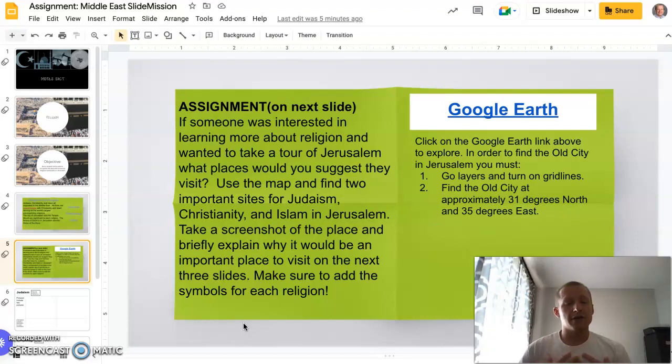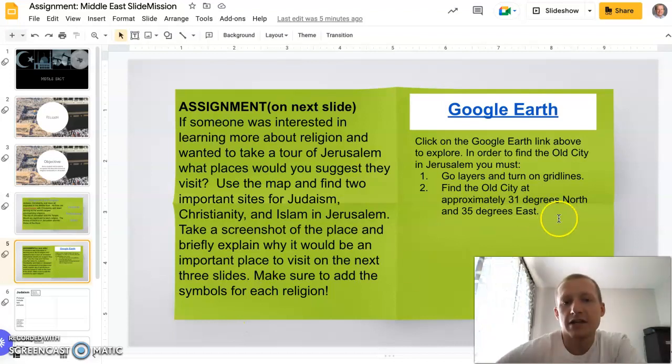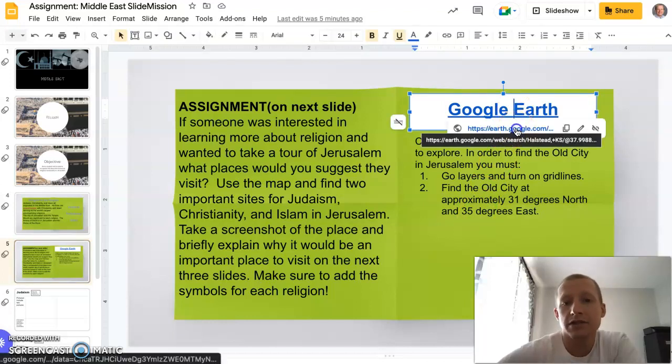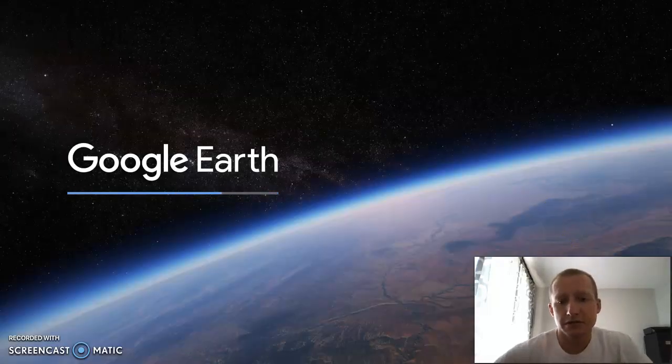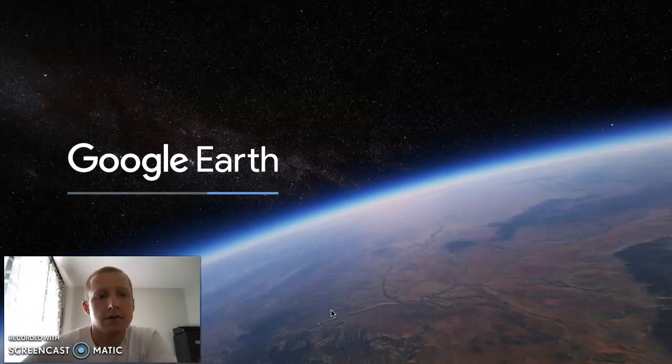So I will model how to do this myself. I'll give you an example and guide you step by step. So pay attention here and we'll get started. First, I need to recognize that the old city is at 31 degrees north and 35 degrees east. And I'm going to click on Google Earth. It will redirect you. Might take a little while to load,